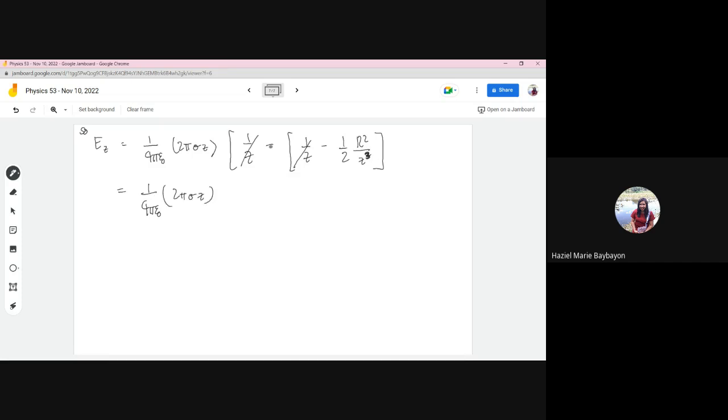And then from here, you have negative times negative. You have positive 1 half r squared over z cubed. Okay? So cancel this out. Only one z is left, so we can cancel out the 2. So we have here 1 over 4 pi epsilon naught